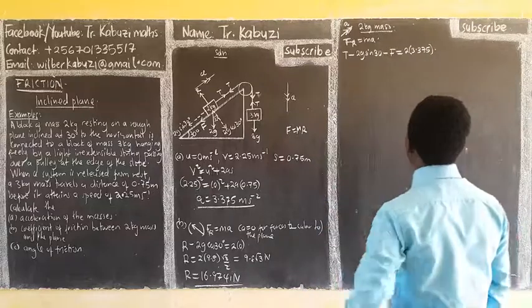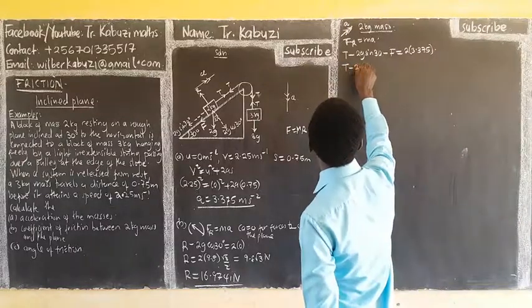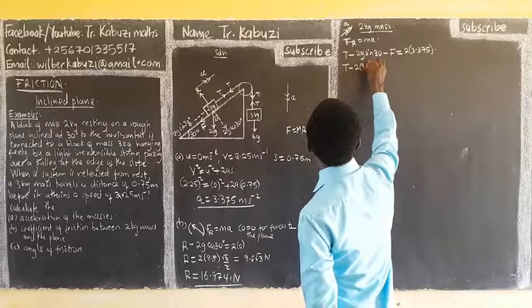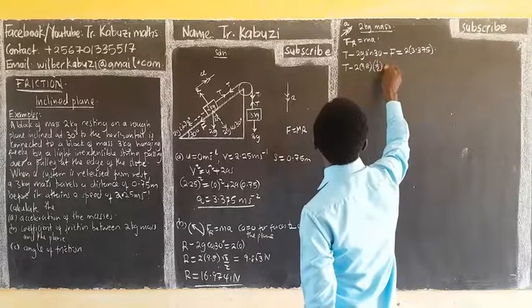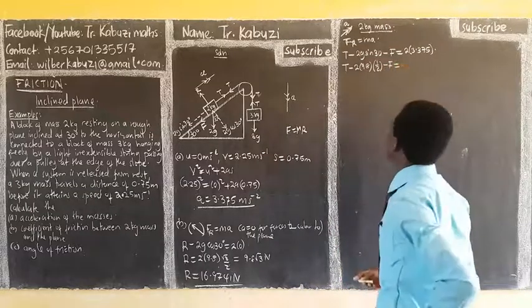So from there, you can clearly see that this is going to be T minus 2 into 9.8 into a half minus F equal to 2